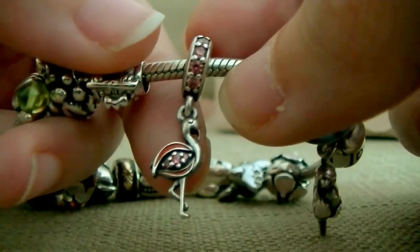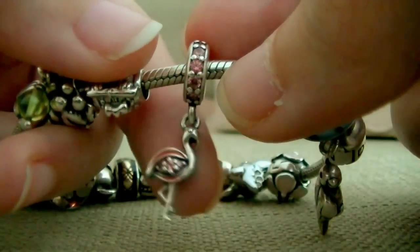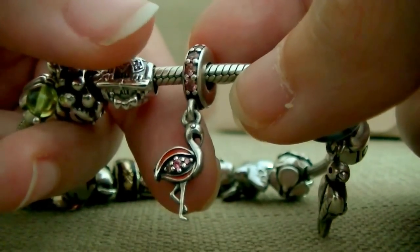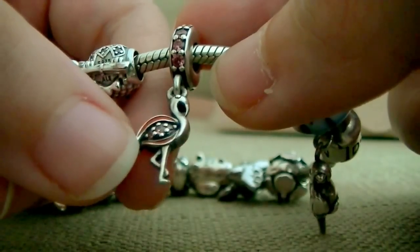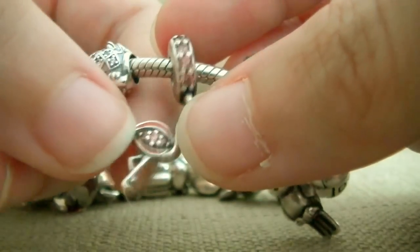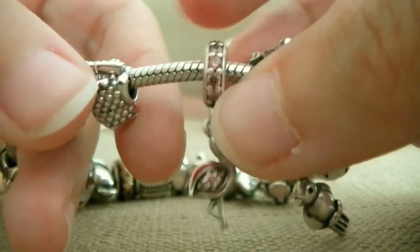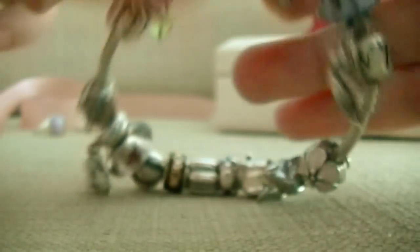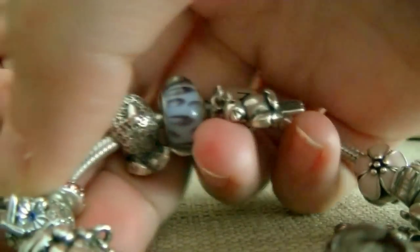So this is one I got, and the detail on this is amazing. If you don't have this one, you don't know how teeny tiny it is. It's absolutely small but adorable. It has 3 cubic zirconia on its body, some more on the charm that goes on the bracelet itself, and let me turn this around. The back of it